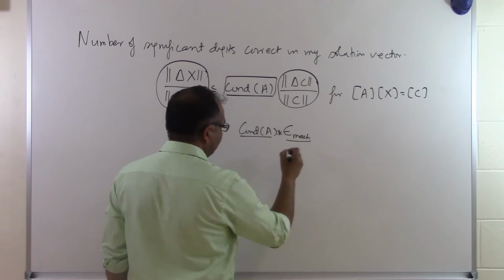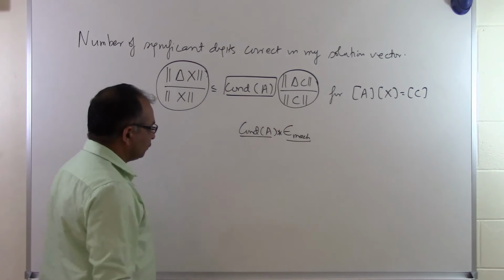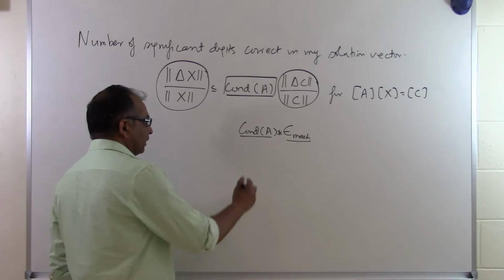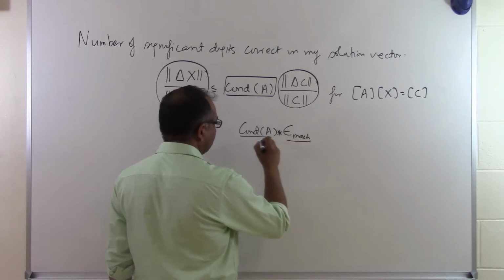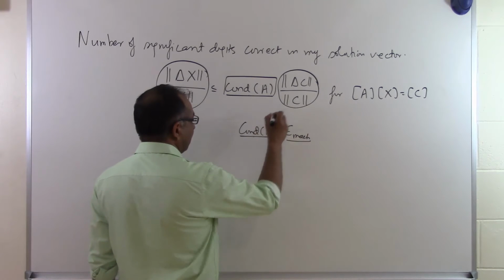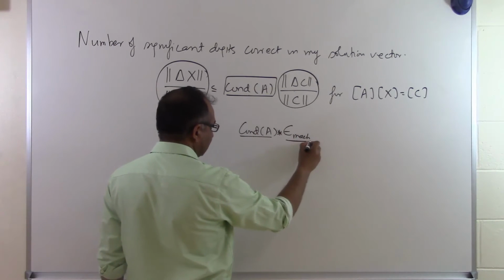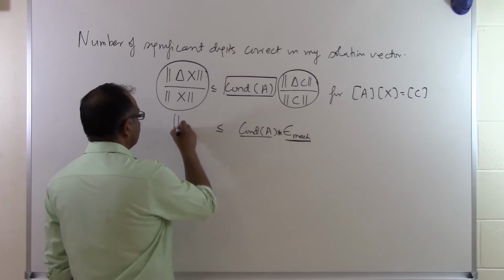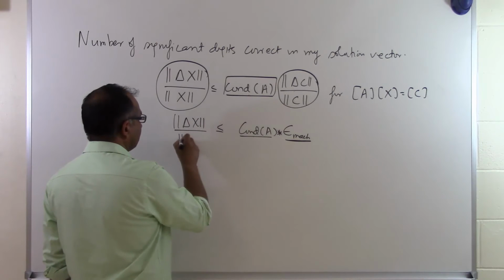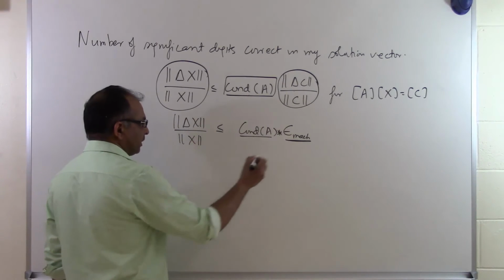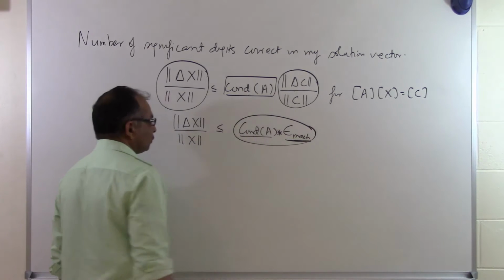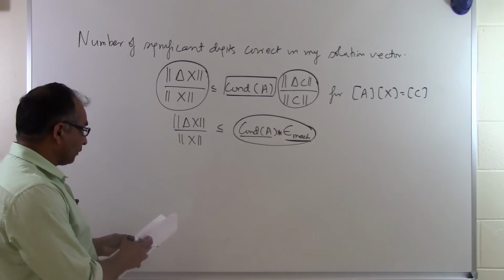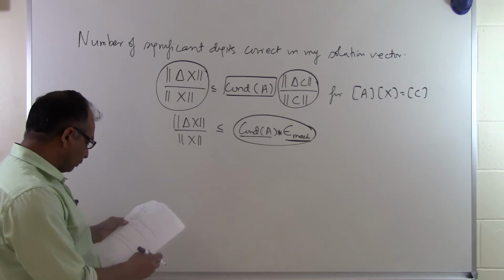If I'm representing numbers, there is going to be some change between the number I'm representing and the number it gets represented by, and that will at least have a relative error of machine epsilon. So this number here is the condition number of A, and this number here will at least be around the machine epsilon. We are saying that this is equal to norm of delta x divided by norm of x. What that means is that this gives us a sense of what the relative error in the solution vector is, and that's the number which we now want to compare with the number 0.5 times 10 to the power 2 minus m.